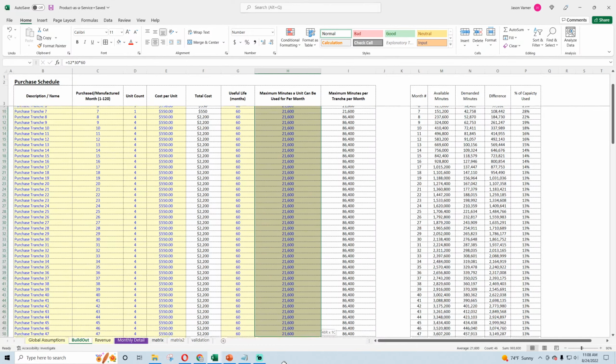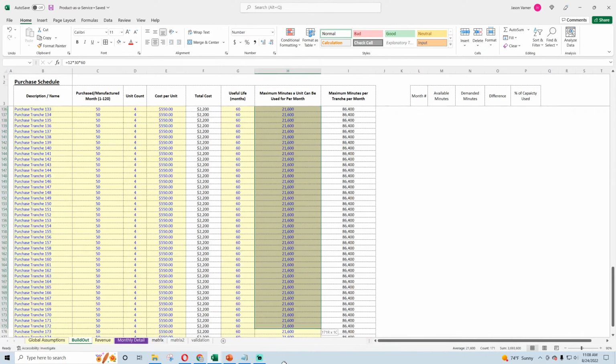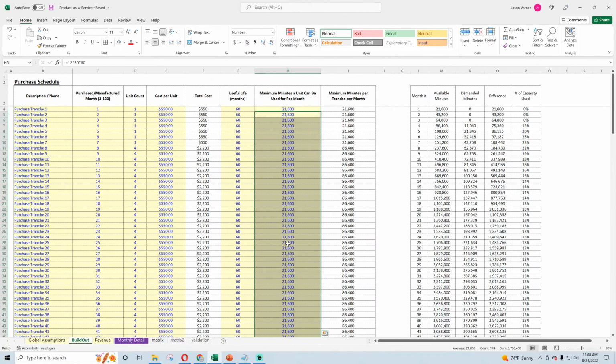So we really don't want to vary this. And I don't believe this is used anywhere anyway. Wait, yes, no, no, it is. This is dynamically going to the matrix, so we have to have that.